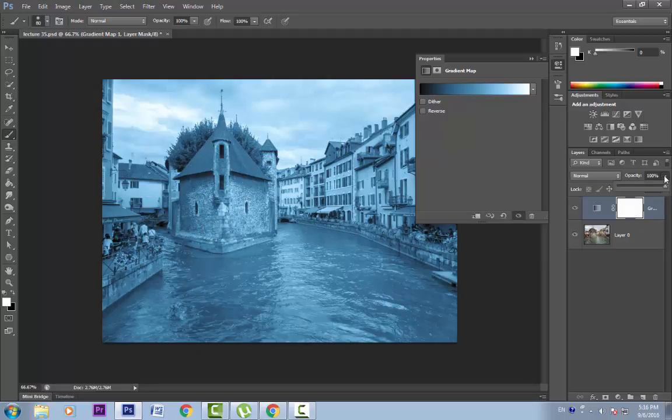We can also adjust the opacity of our adjustment layer. Suppose I want to give it a dramatic look. I am giving a blue tint, but if I play with the opacity, you can see that the original colors are also visible. So it depends upon you what kind of color you want. You can play with the gradients, you can play with the opacity and get the desired results. Gradient map is very useful in retinting our image very dramatically.